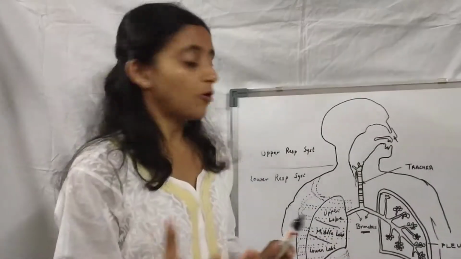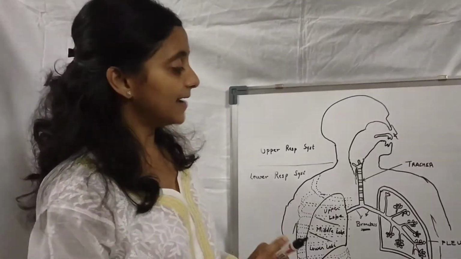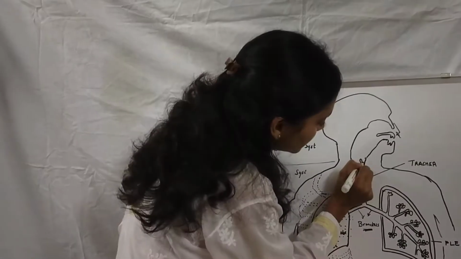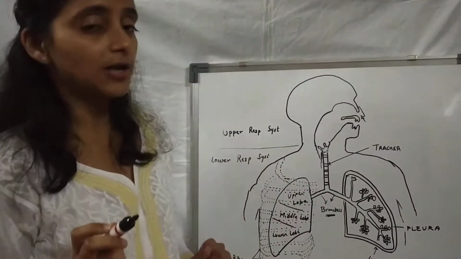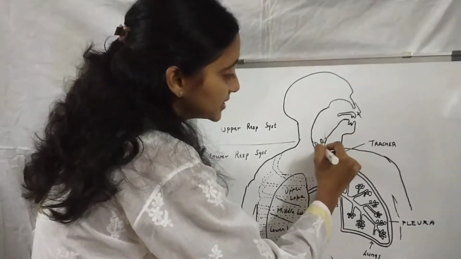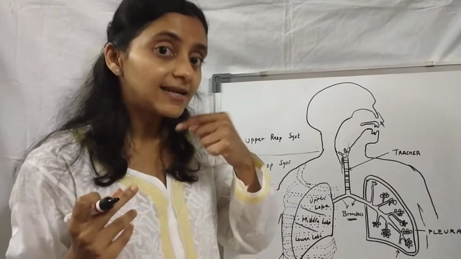As we all know, there's an age-old concept that you should not be talking when you're eating. Why is that? That is because when you're talking, if you see the small box over here, that is your larynx, your voice box, through which your air passes. When the air passes through your larynx, at that time you can speak.